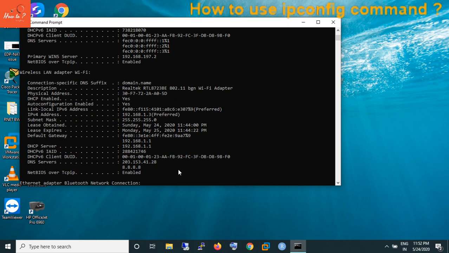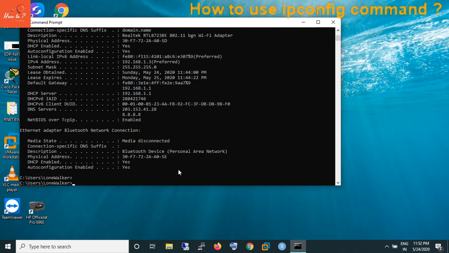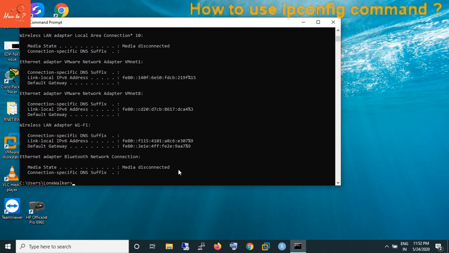There are a few other switches with this command. First of all, let's use the release switch. The release switch basically releases all the IP information on the adapters. So type in release and enter. Now we can see that all the IP related information is gone.